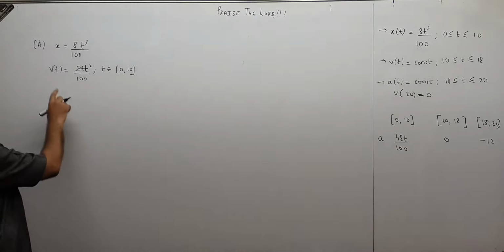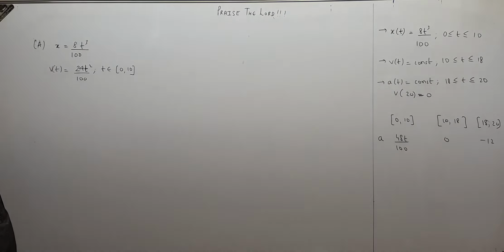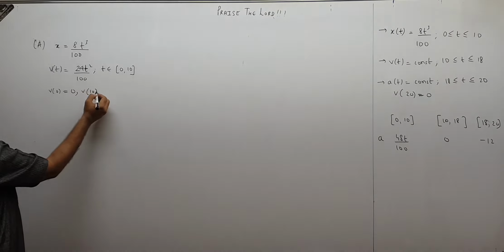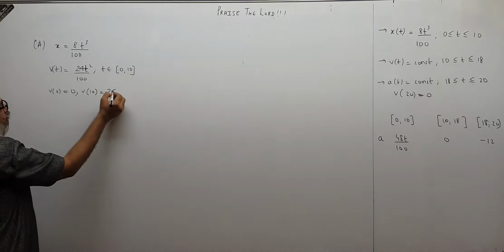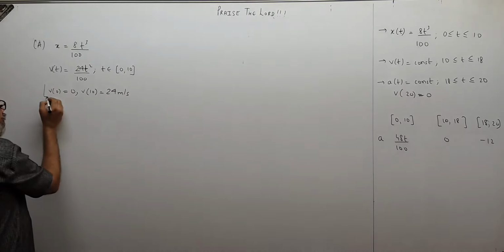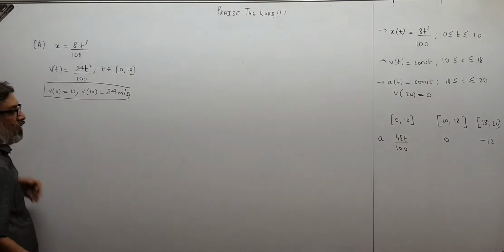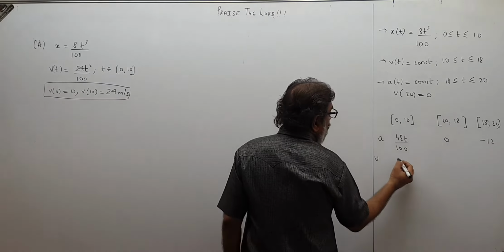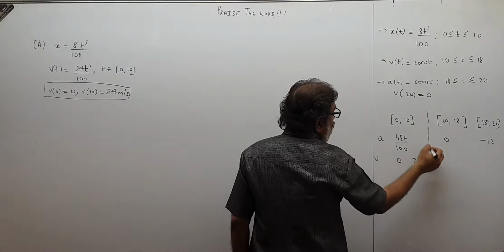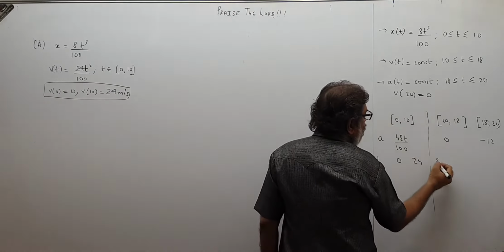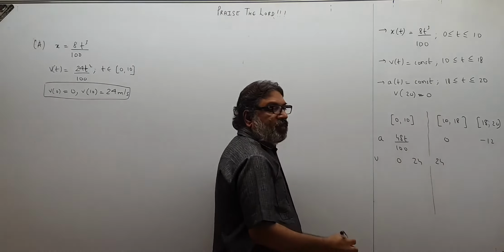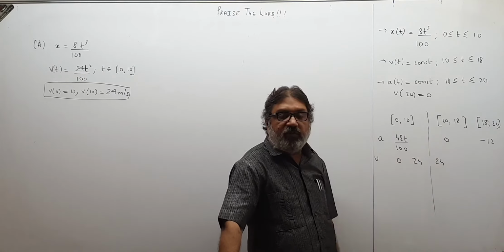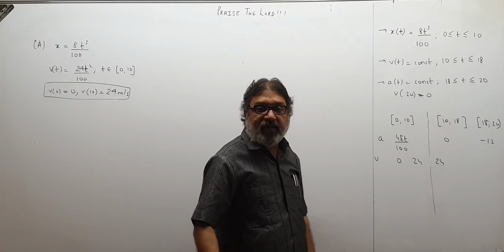So that will be a parabolic relation between v and t, that is okay. I know that velocity at 0 time will be 0 and velocity at 10 time will be 24 times 10 square upon 100. This will be 24 meter per second. So these are the values of velocity that I get. At 0 time it will be 0 and then it will be 24, like this I draw. Again over here it should be 24 only because velocity cannot change abruptly. So at 10th second if it is 24, then at 10th second again it should be 24 only. It cannot change abruptly. That is what I am telling you.